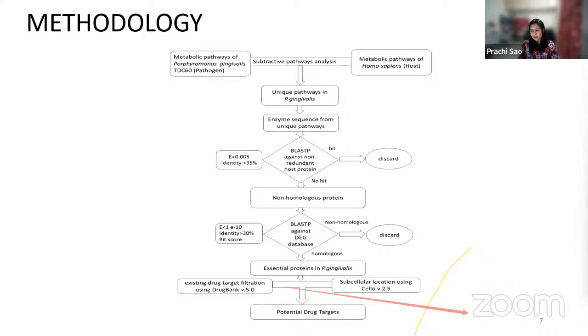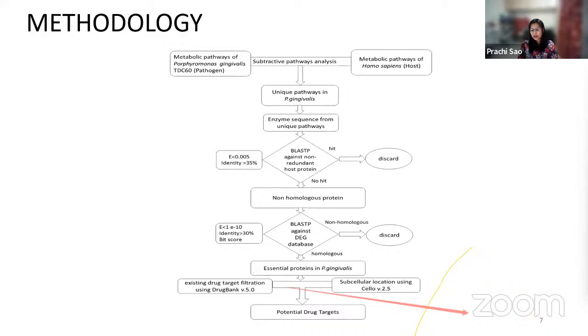And when the conserved sequences are less, we say in overall terms that the sequence is not so essential for the bacteria. So all the non-homologous sequences, again we will BLAST with the DEG database. So in this whole approach, we only need the sequence, and based on the similarity and non-homology, we will filter out all our